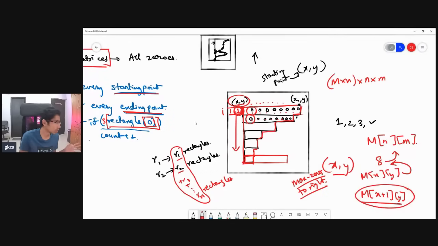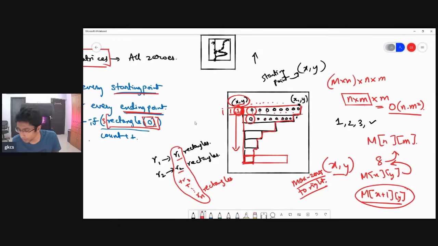Brute force. It's okay. You have n cross m rows, and for every starting point, every point you're finding out the maximum number of zeros you have on the right, that is at most m. So this is order n into m square. Okay, this is just to take the maximum number of zeros you have in every point. While over here, what you have done is you have converted